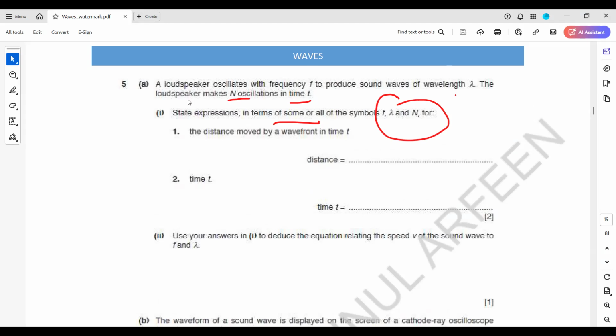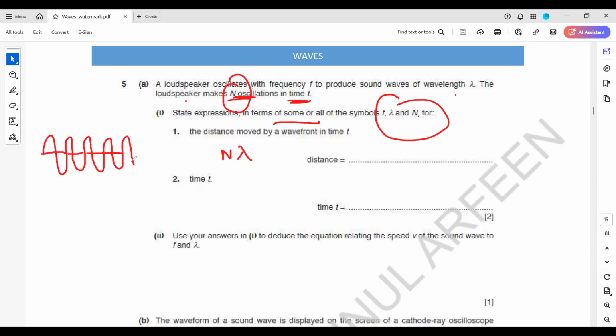These are the number of oscillations in time, like the number of waves or vibrations. If I want to know the distance moved, I can simply do what? I know the number of wavelengths. So if the total number of oscillations in time t is what we have, the total number of oscillations multiplied by one wavelength gives me the total distance. See, this is 1, 2,